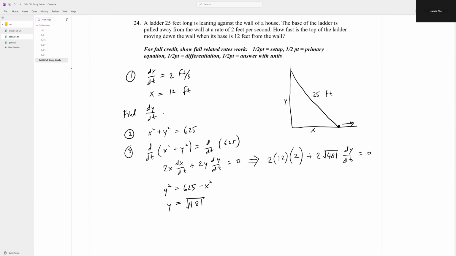And so that tells us that 2 root 481 dy/dt is equal to negative, what is that, 48? And so dy/dt equals negative 24 over root 481. And that is approximately equal to